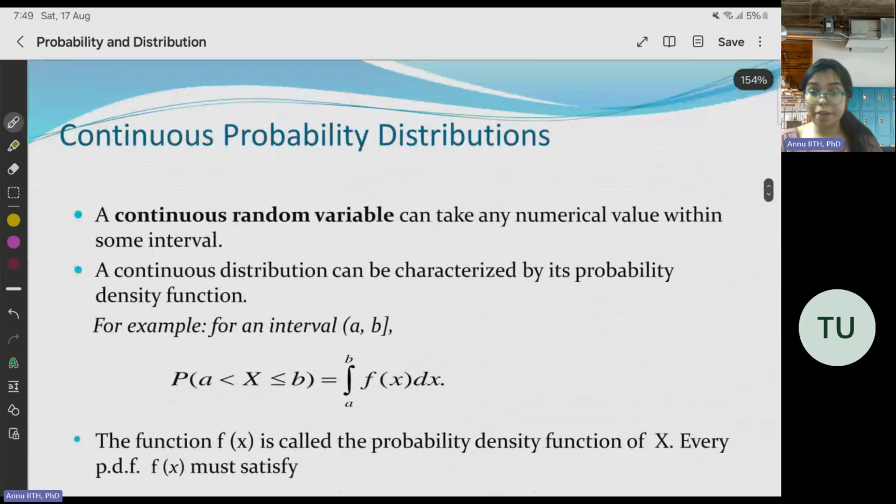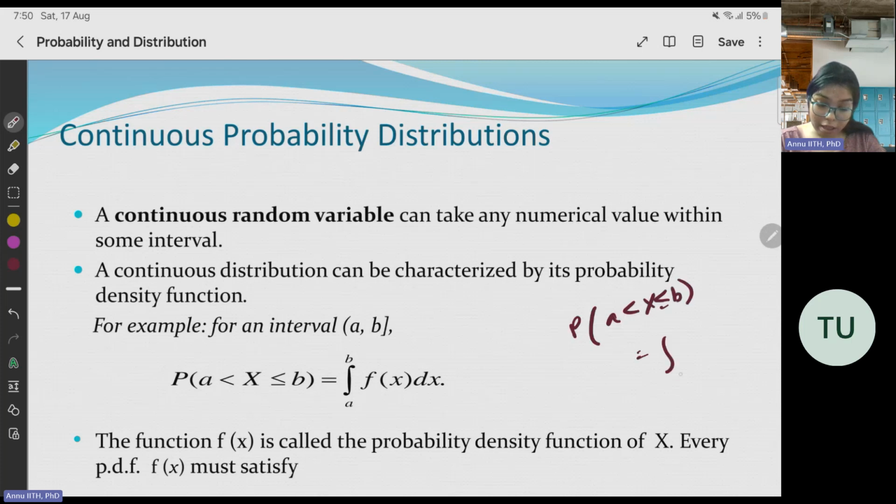Continuous probability distribution. We have seen Bernoulli, binomial and Poisson as discrete distributions. Next we will see continuous probability distributions. A continuous random variable can take any numerical value within some interval. A continuous distribution can be characterized by its probability. For example, for an interval A to B, P of A less than or equal to x less than or equal to B, we can solve using